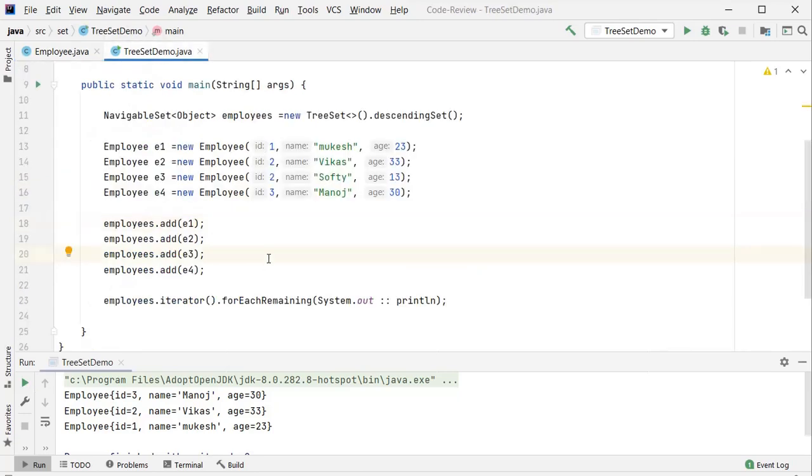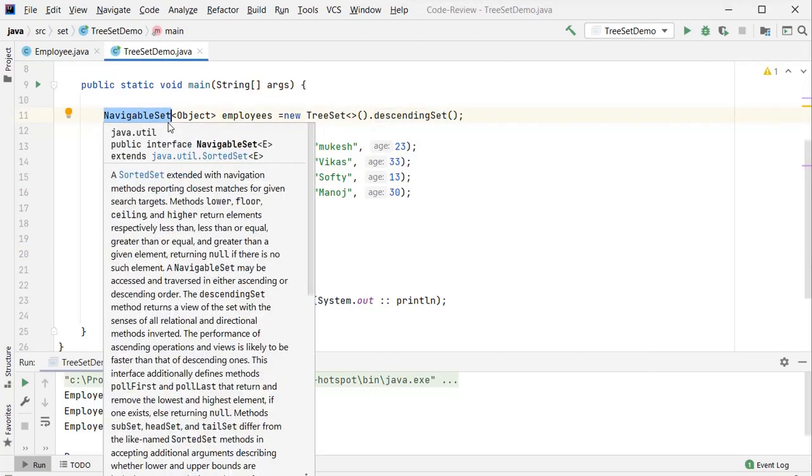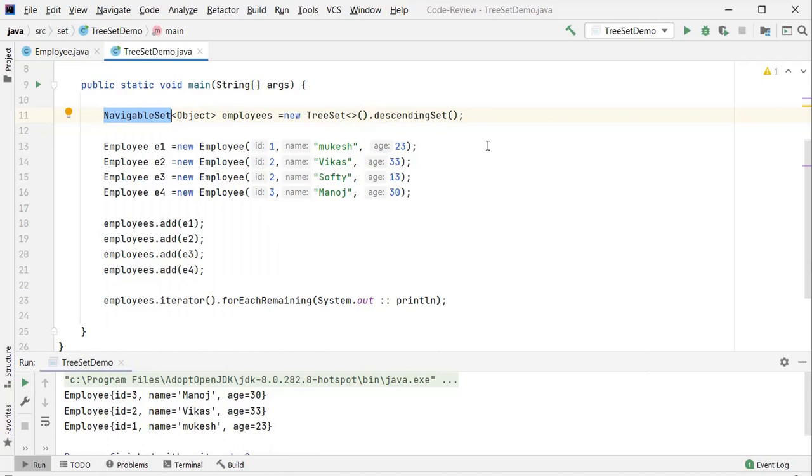Now one more question can also come from this example. Without using descendingSet or NavigableSet, how will you print the objects in descending order? So simply I can show you here.